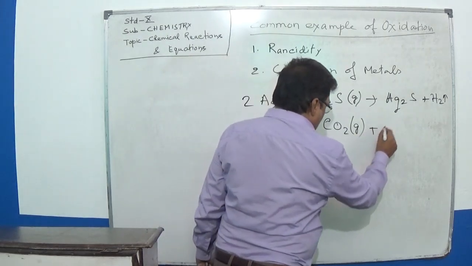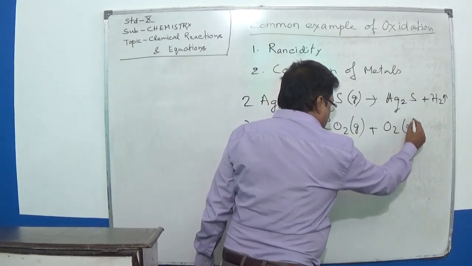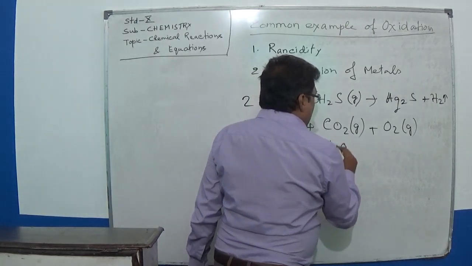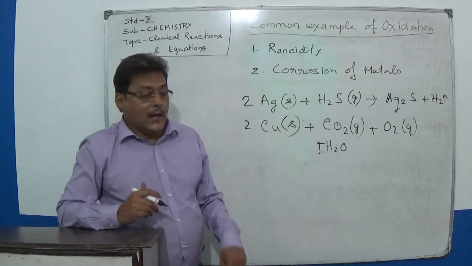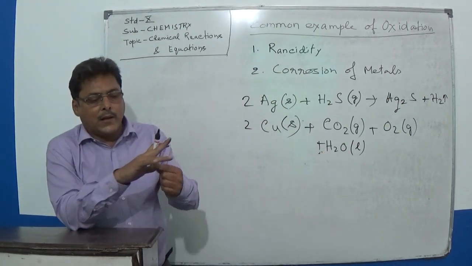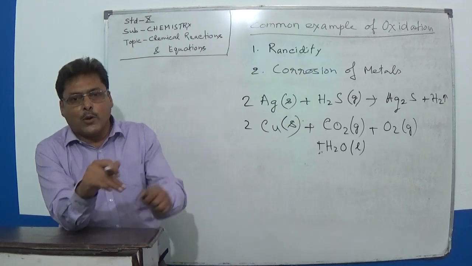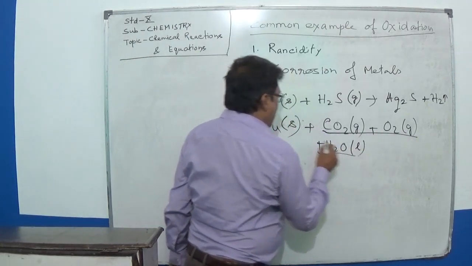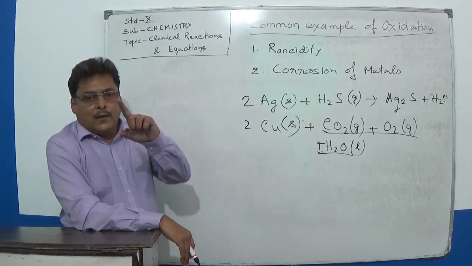It also reacts with O2 gas, and it is also exposed, so it may be reacting with water. If you have a ring of copper, it is exposed to water when you are washing your hair. All these help corrode that copper ring,